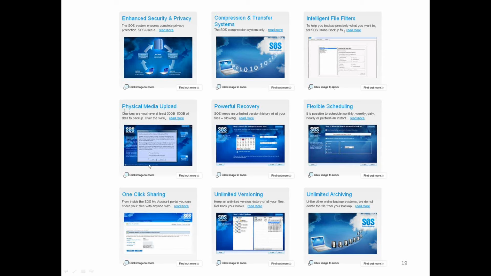Physical media upload. If you've got a lot of data to back up, we can actually FedEx you a hard disk drive, and we'll run the backup to the hard disk drive. It's still fully encrypted and secure, and then ship that back to us, and we'll upload it to the data center. This is important for customers who are concerned about how much bandwidth online backup is going to use. Our recovery system's worth talking about. We've built a timeline-based recovery system, which lets you see every single